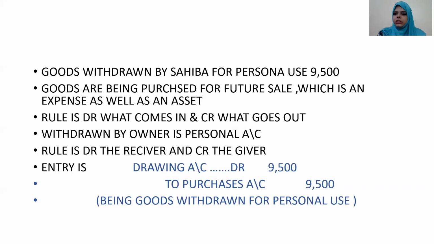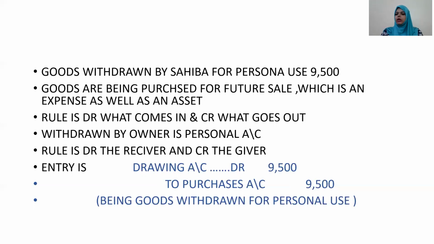Suppose I purchased furniture for rupees 10,000 and I sell it for rupees 11,000, so 1,000 is the profit. Although in the past I made an expense of rupees 10,000, I am gaining 1,000 rupees profit on that furniture only in the future. So I may not count it. We can say it is an expense, but I may not count it as an expense. But I may count those goods as an asset, which is a current asset to the business. So we are following the rule of real account over here.